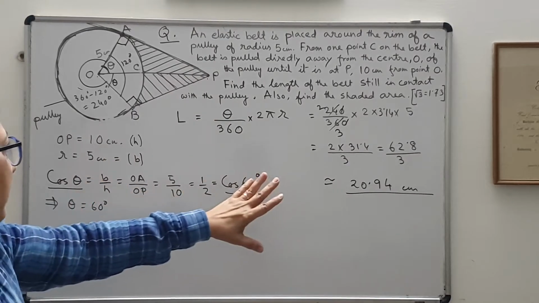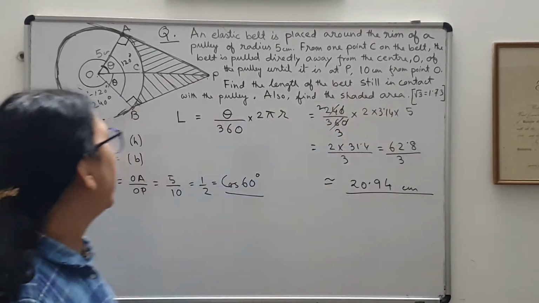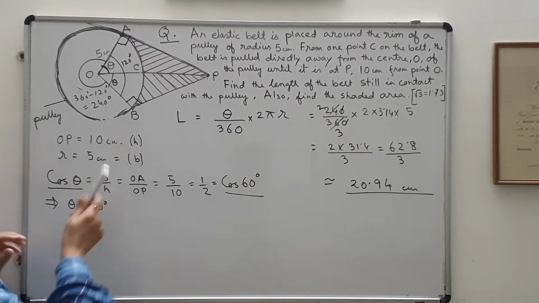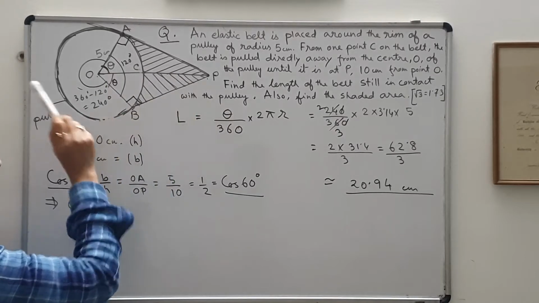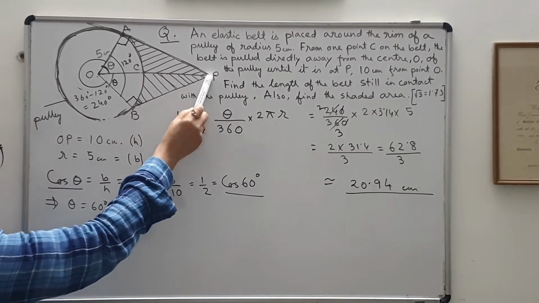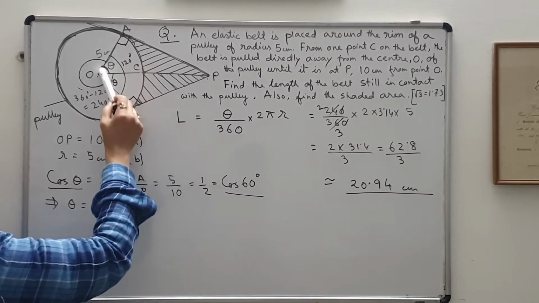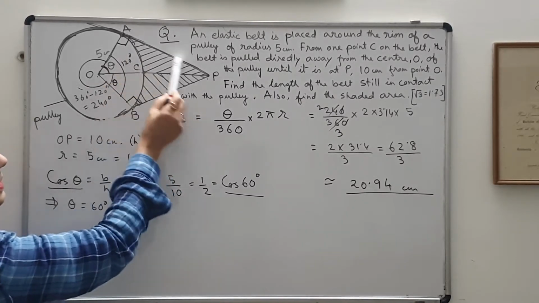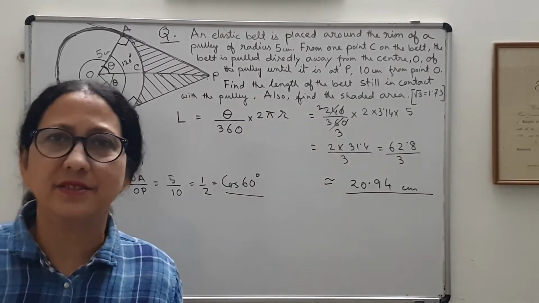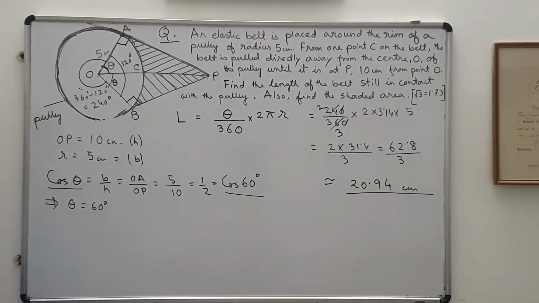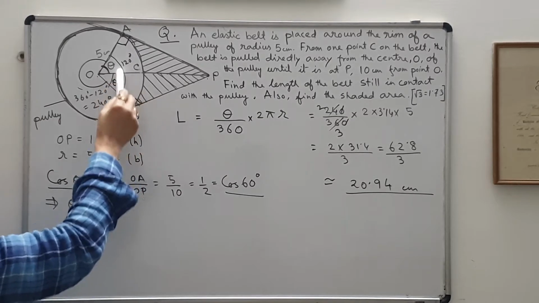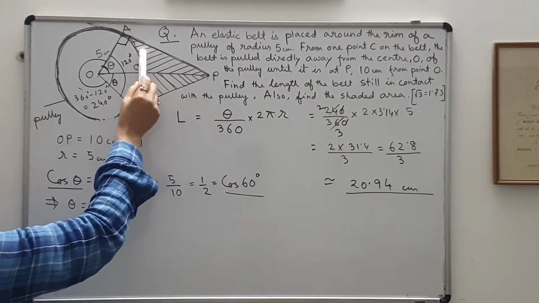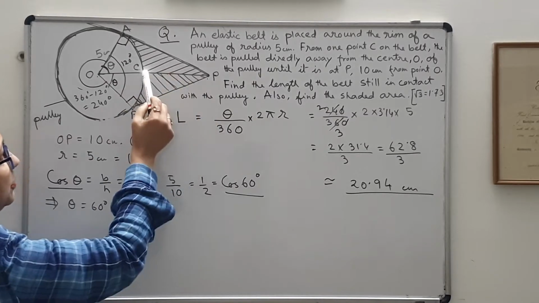So now the next part will be to find the shaded area. So this shaded area, if you again observe, observation is required. These two triangles OAP and OBP are congruent. Why? By SSS, because the radii OA is equal to OB, OP is common, and AP is equal to BP because they are lengths of tangents and they are equal by the theorem, the second theorem of the triangle chapter. So they are identical, congruent, and these two sectors are also of equal area.